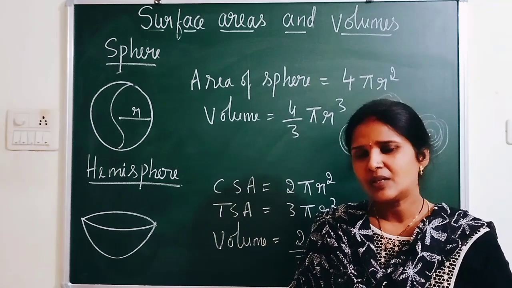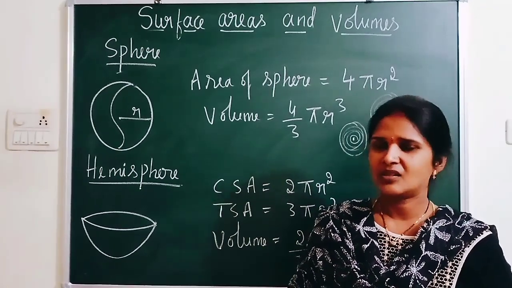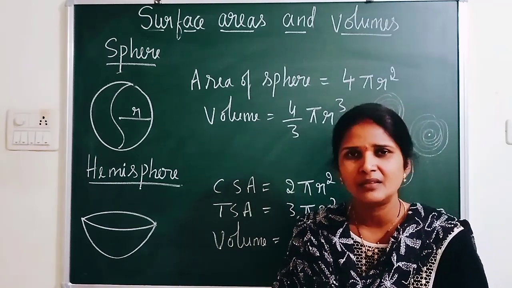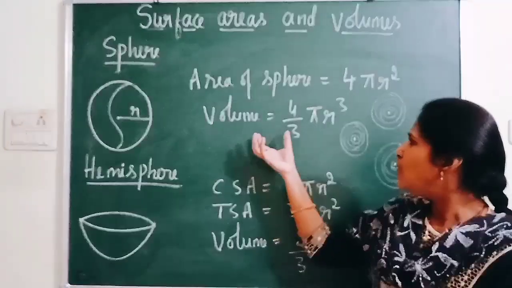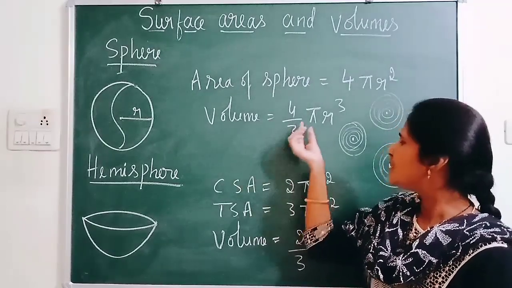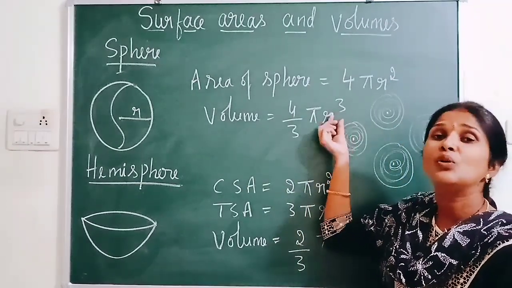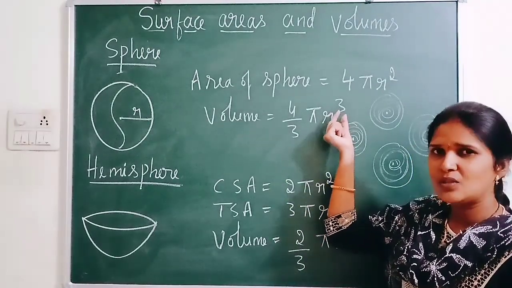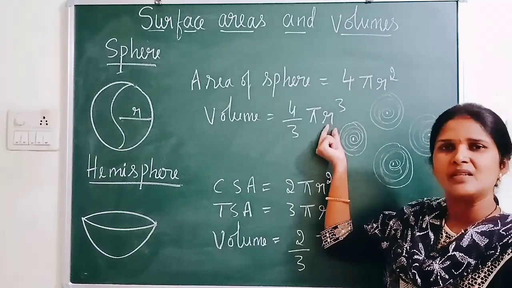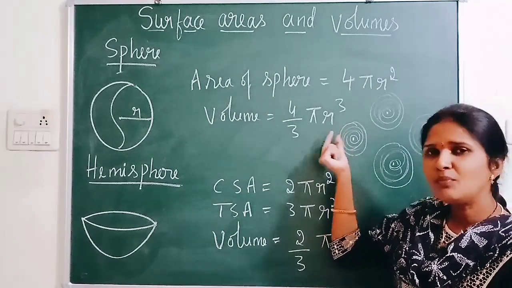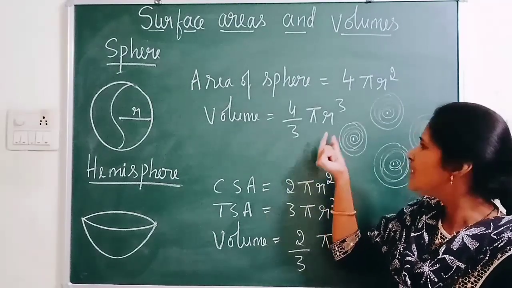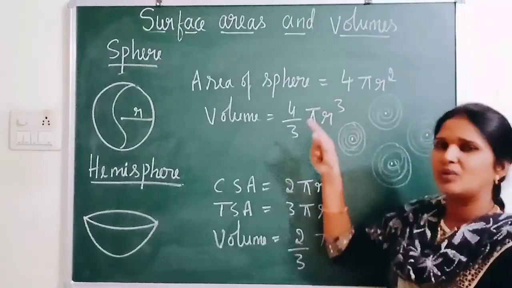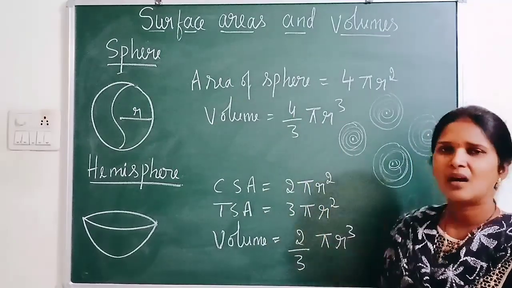Next comes volume. Volume also you learned using Archimedes' principle last year in class 9th. That is very difficult to explain, so you can look at the class 9th textbook. So we got the volume of sphere as 4 by 3 pi r cube. By mistake people write r square. It is wrong because you have only one variable, that is radius r. Because the volume unit is what? Cubic units. So it is easy to remember 4 by 3 pi r cube. Cubic will come from r cube only.